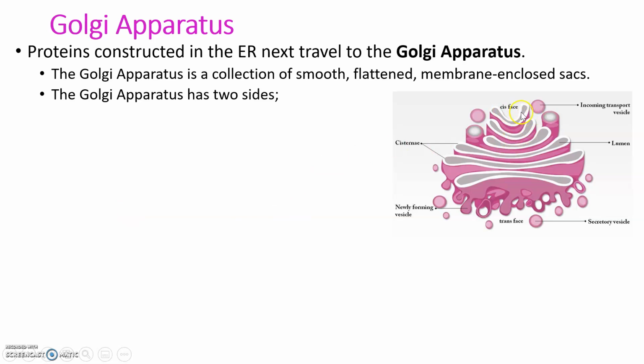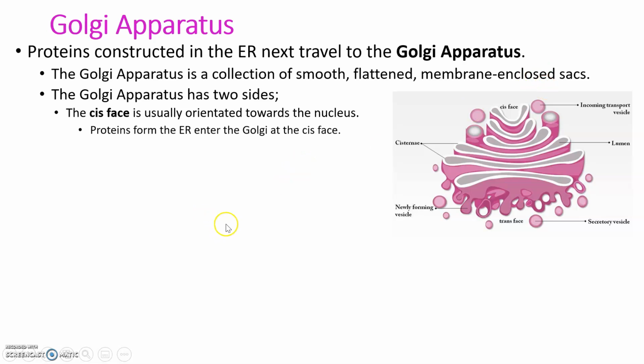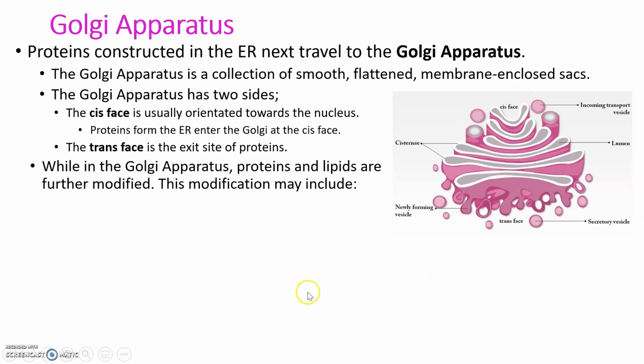It has two sides, the cis face and the trans face. The cis face usually faces towards the nucleus, and that's the area that the vesicles enter with their proteins. The trans face is the exit end, so proteins come in, they travel through the Golgi, and they exit through the exit face. While they're in the Golgi